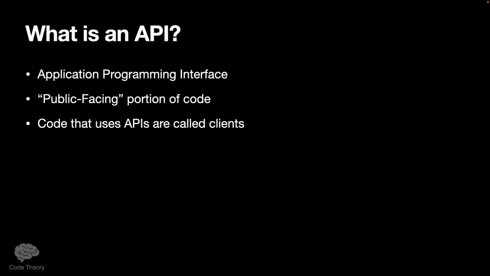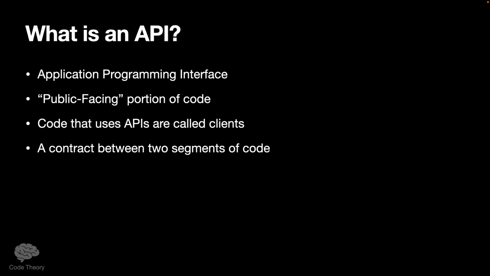Client is another overloaded word. Client can mean the customer, the end user, the other developer using your code, and it can also mean applications that run on iPhone or desktop that then interact with a service. It's overloaded for the same reason APIs are overloaded. Those are all actually correct. So an API is a contract. You can think about it as a contract between two pieces of code, two distinct programs, if you will. How can they talk to one another? How can they use one another?